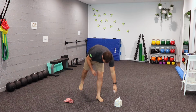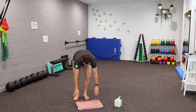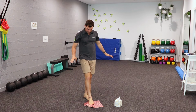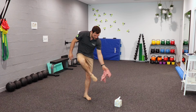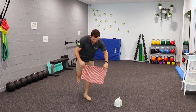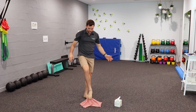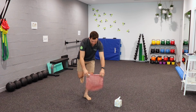Now, if that is a little bit too easy for you, well then we can make it just a little bit harder by opening your toes, balancing on one leg, picking up the tea towel, passing it to your hand, staying on the one leg, and then hinging at our hips and placing it back down just like this. Coming back up, opening your foot, squeezing your toes as hard as possible, passing it to your hand, and back